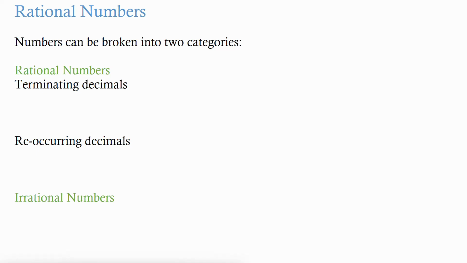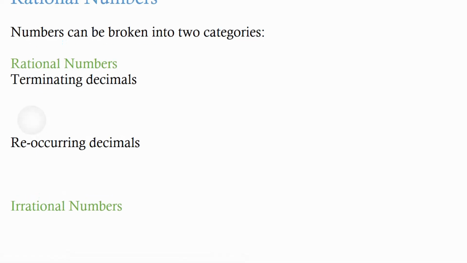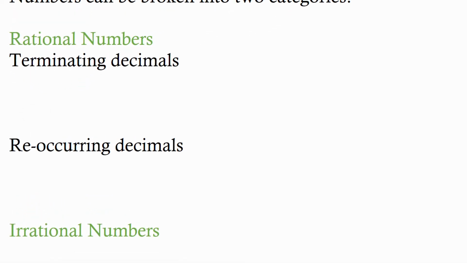In this video, we're looking at rational numbers. So numbers can be broken into two categories. The first one being what we call rational numbers, and the other being irrational numbers. If we're looking at our rational numbers, the first one we're going to introduce is what we call terminating